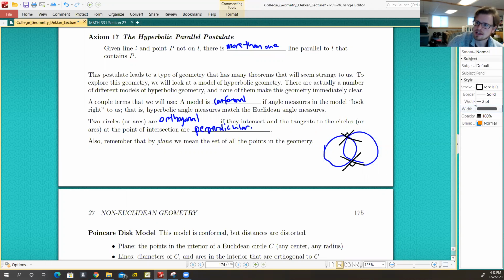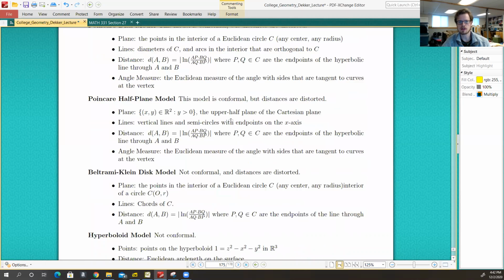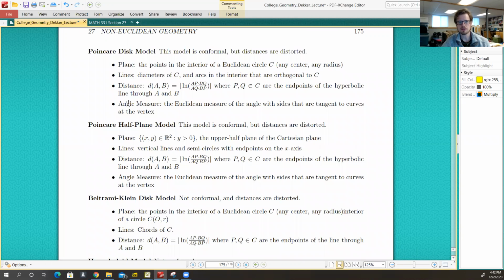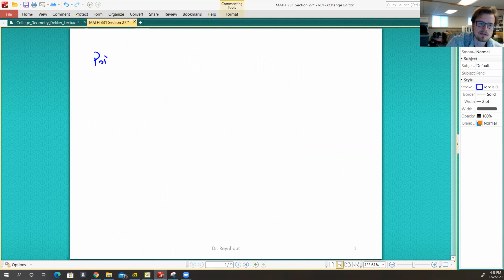And then, much like was said in the previous video or a couple videos ago, by plane, we simply mean all the points in the geometry. So let's take a look at these first three models: the Poincaré disk model, the Poincaré half-plane model, and the Beltrami-Klein disk model. For the Poincaré disk model, this model is conformal, so the angles look right to us, but the distances are distorted. So when we look at the Poincaré disk model,